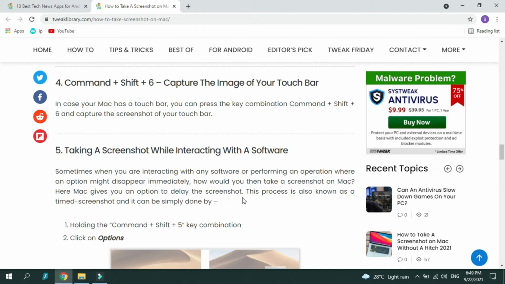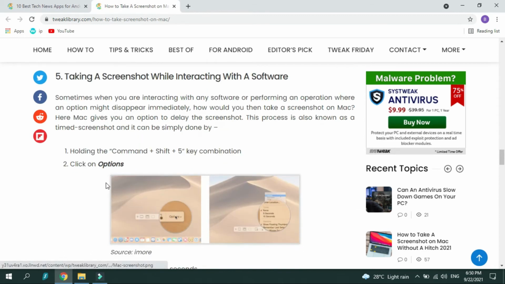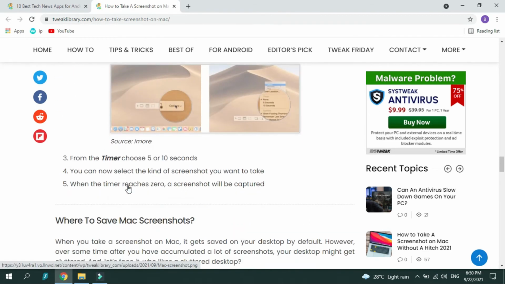This process is also known as a timed screenshot, and it can be simply done by: Number 1, holding the Command plus Shift plus 5 key combination. Number 2, click on Options. Number 3, from the timer, choose 5 or 10 seconds. Number 4, you can now select the kind of screenshot you want to take. Number 5, when the timer reaches 0, a screenshot will be captured.